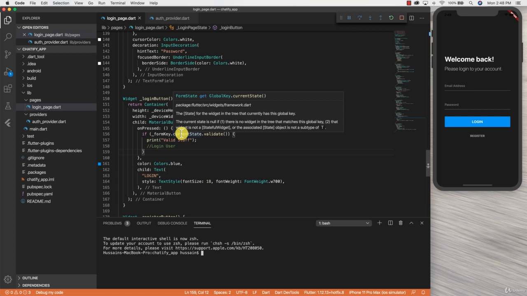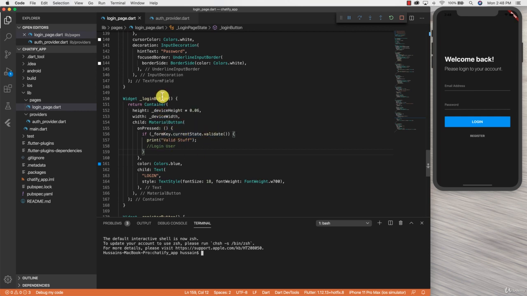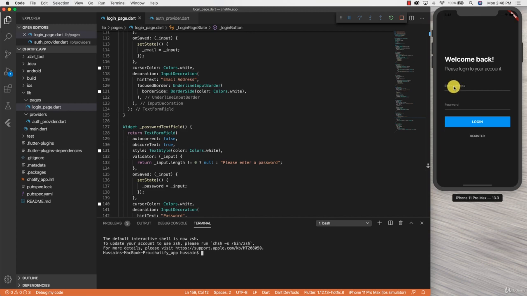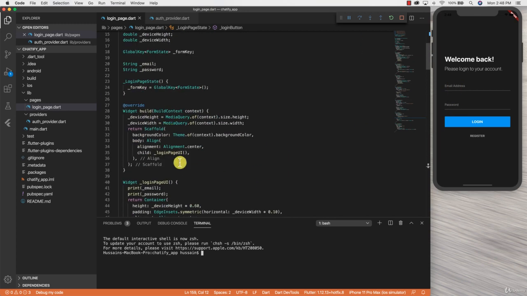So in the previous video, we had left our login page in this state where we had all of the logic related to our form completed. We had also implemented some logic for our login button. So when it was pressed, we would check to see if the form was validated. And we were also saving the values that we got from the email and password text field into the corresponding